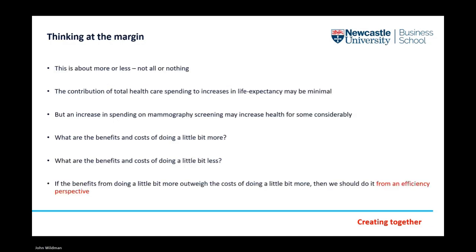Well, economics is not concerned about totals. It's not concerned really about averages. What it wants to know is, should we do more of something? Should we do less of something? So everything is about thinking at the margin. I've already talked through marginal benefit, marginal cost, marginal rates of substitution. So as we change one small thing, what outcome difference do we see?